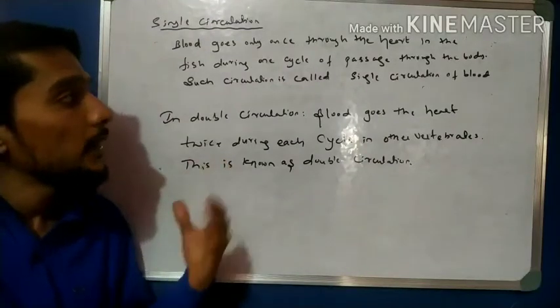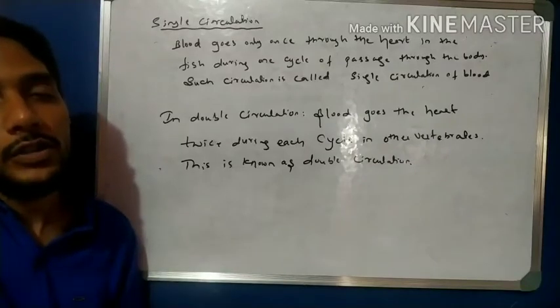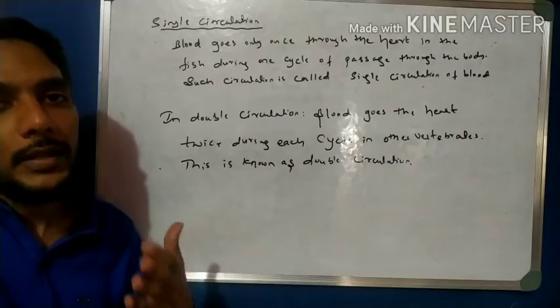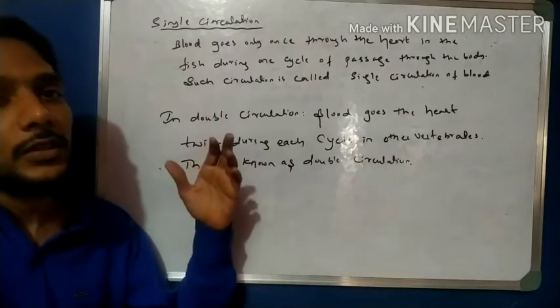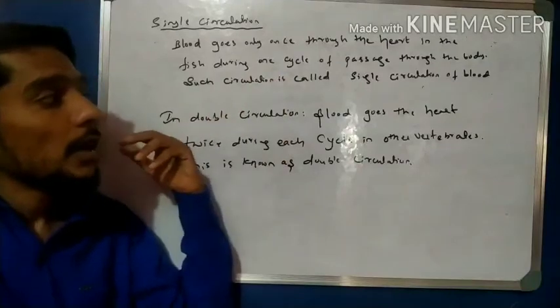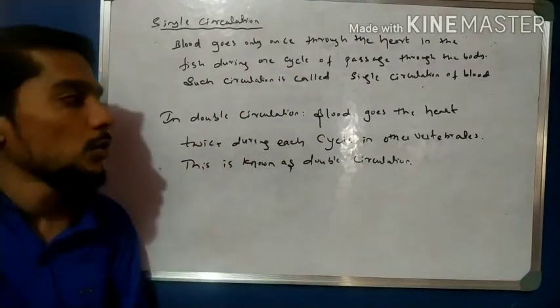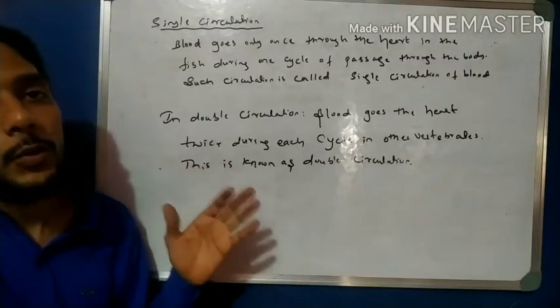So these are very important points about the transport schematic diagram and the importance of separation in the heart, and then about the types of chambers, the different numbers of chambers: 4 chambers, 3 chambers and 2 chambers in mammals and birds, reptiles and mammals, and then fishes. And the fish follow single circulation. So what is single circulation and what is double circulation, which is followed by almost all vertebrates. So these are the important points about the schematic diagram of the human heart.